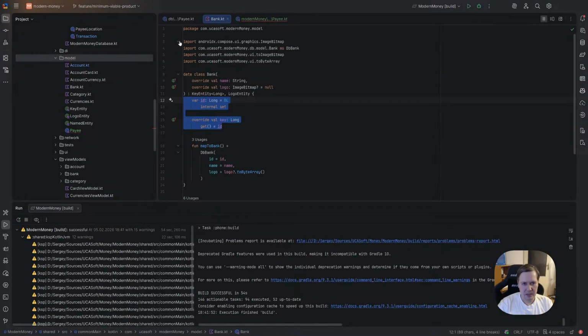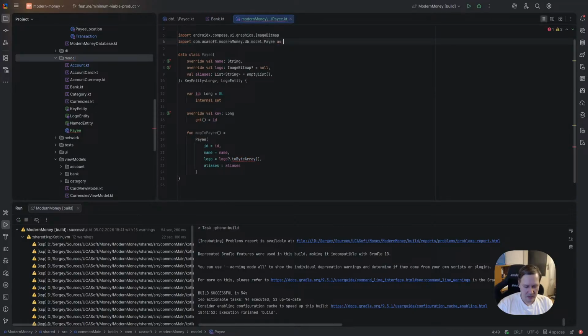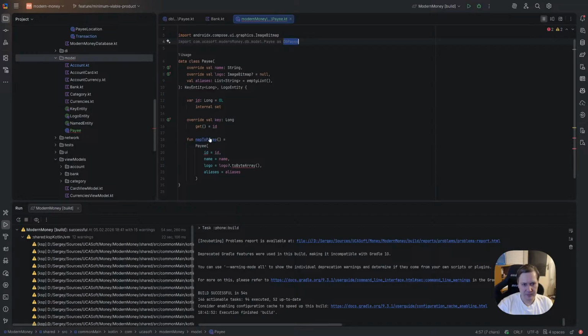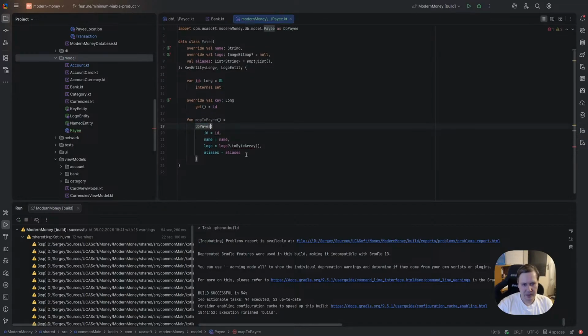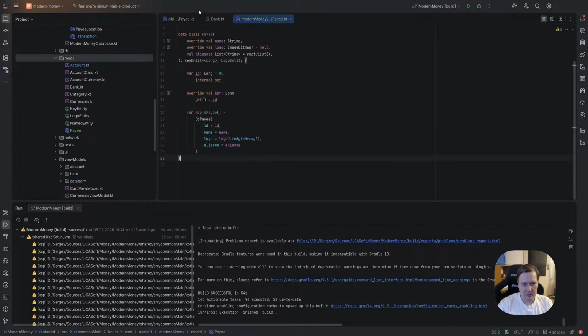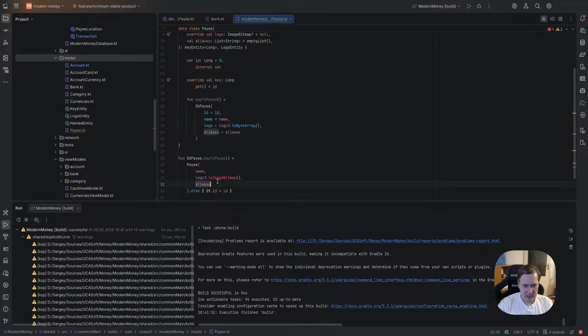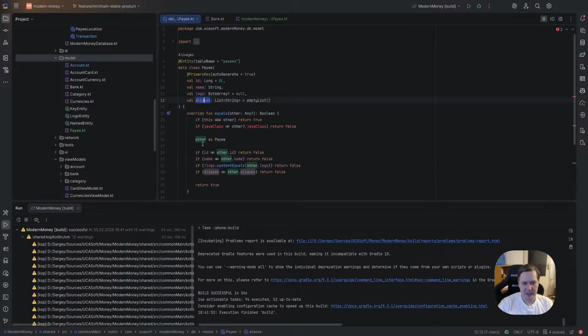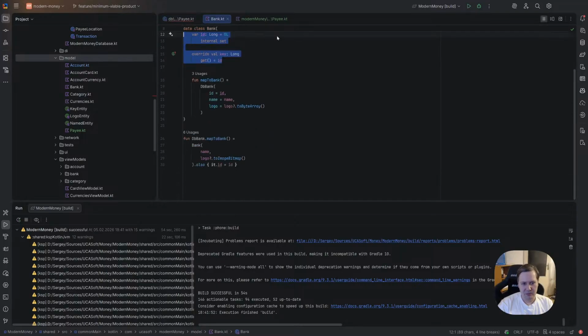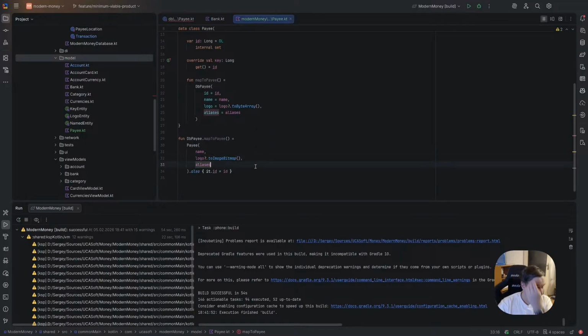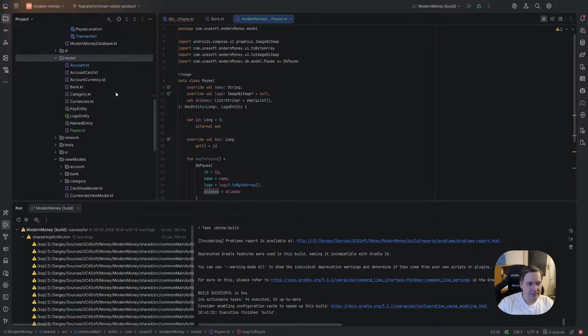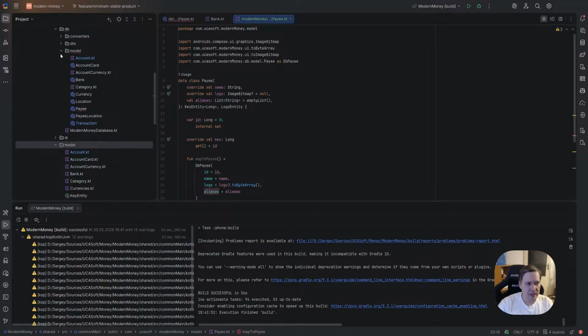And here it should be, as I remember, DB Payee. And here is Payee. And this one, yes, we need to import. And finally we need, nice, love it. So I don't need to create it manually. It just reads what we have here for bank and reproduces it. Okay, nice. So we have our Payee